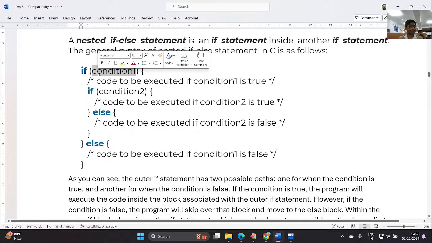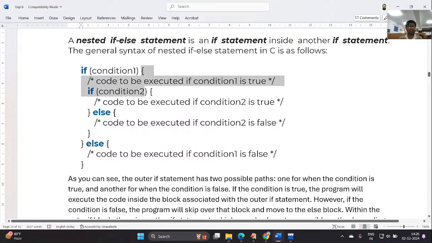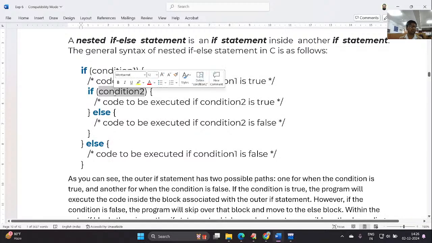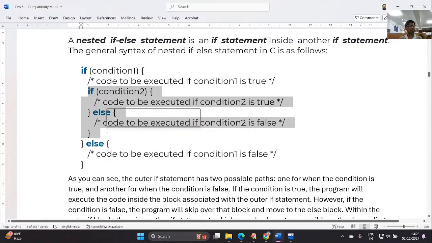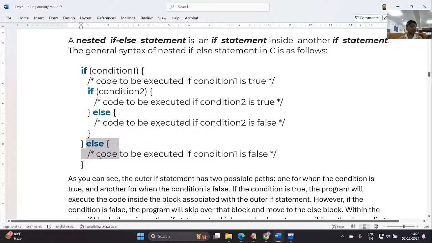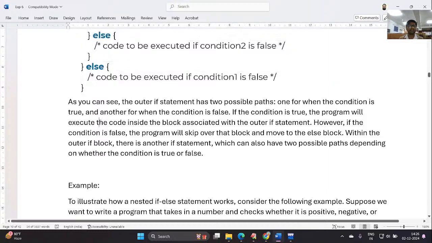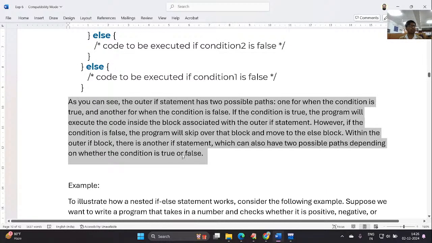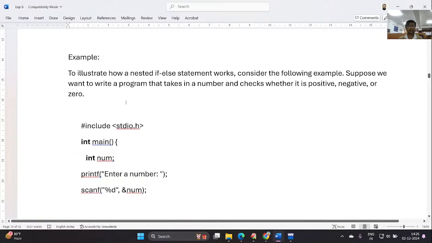So let's see the syntax. Here's my condition one. I'm adding one more condition within this if block, that is condition 2, and the else part of this condition 2. Next, within this else also I can write one more condition. So this is the syntax to work with nested if else, and as you can see, this is the explanation about this. Let's see an example